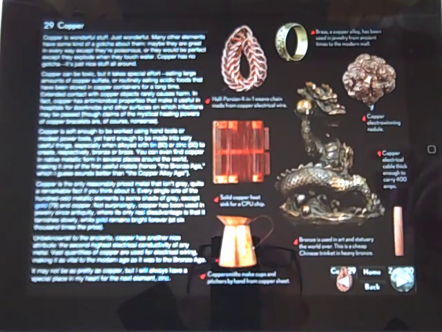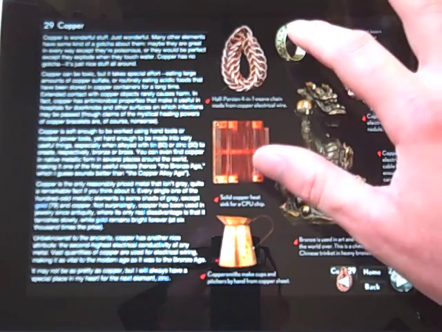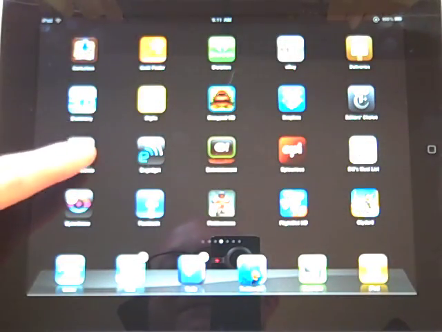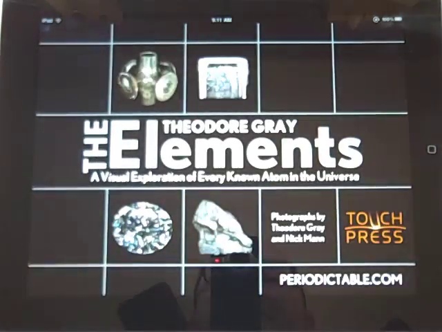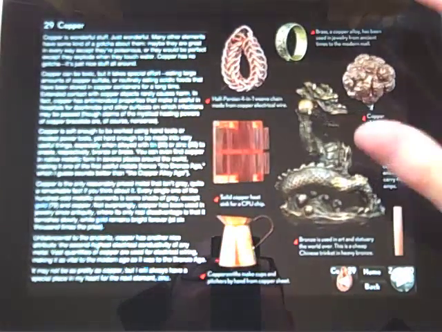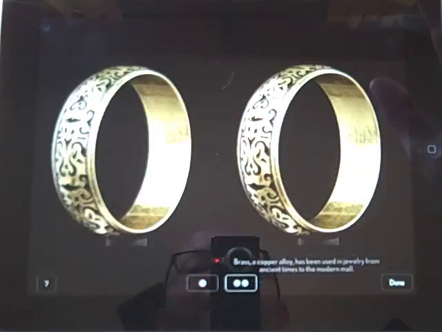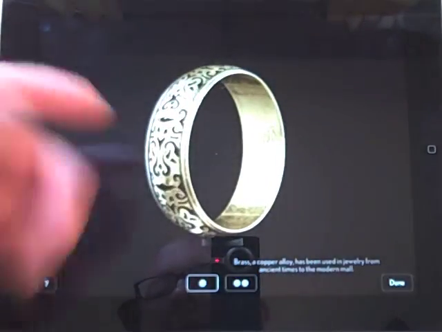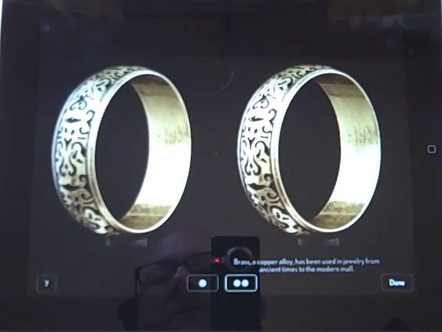Now, what's neat is if I take this copper ring here and I double tap on it, the app crashes. That's right. That's one of the things I write up in the review, that this app crashes a lot. But let's try this again. If we double tap on the brass ring, you'll see you can look at it one way like this, or you can tap the two and you look at it